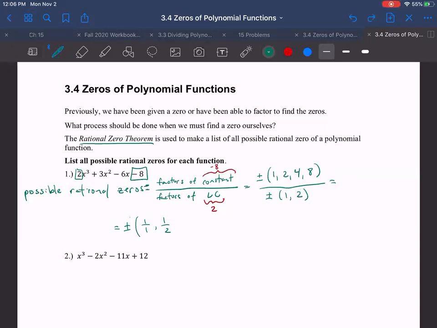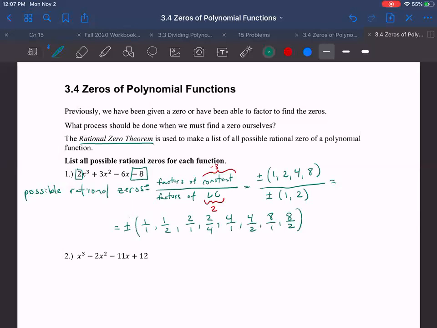And then I can go to the 2, and I can do 2 over 1, 2 over 2, and then I can go to the 4. And so I'm just going to make all these possible combinations. So 2 over 1, 2 over 4, 4 over 1, 4 over 2, and 8 over 1 and 8 over 2. So those are all of my possible